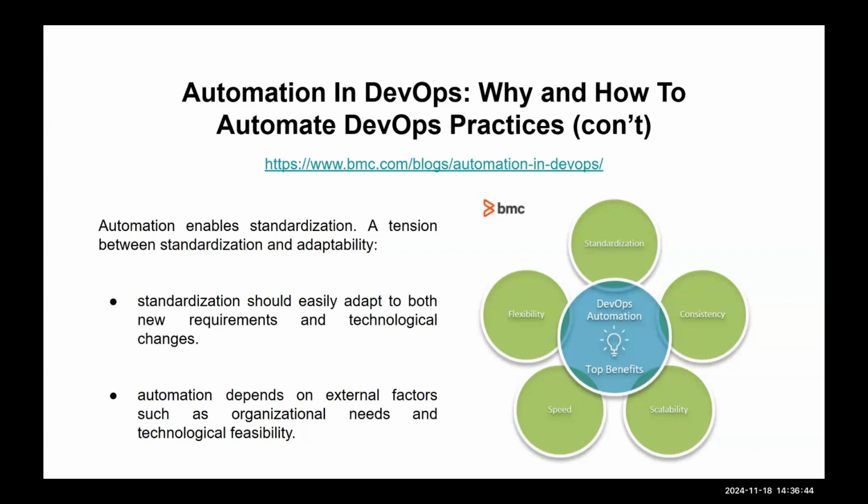Flexibility means that it doesn't lock you into any one solution, which is good. But I don't know enough about this case to know how automation gives you flexibility. But you also want to have some flexibility in your process, so when you encounter new challenges, you can incorporate them. And then speed, which we talked about, and scalability.